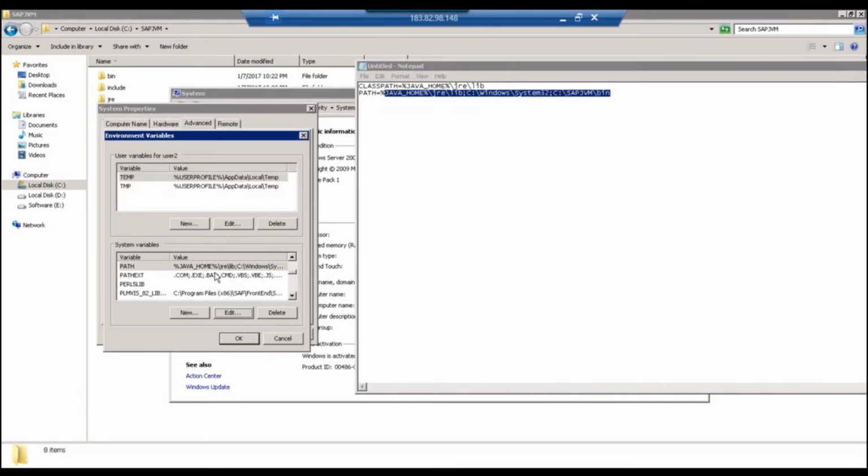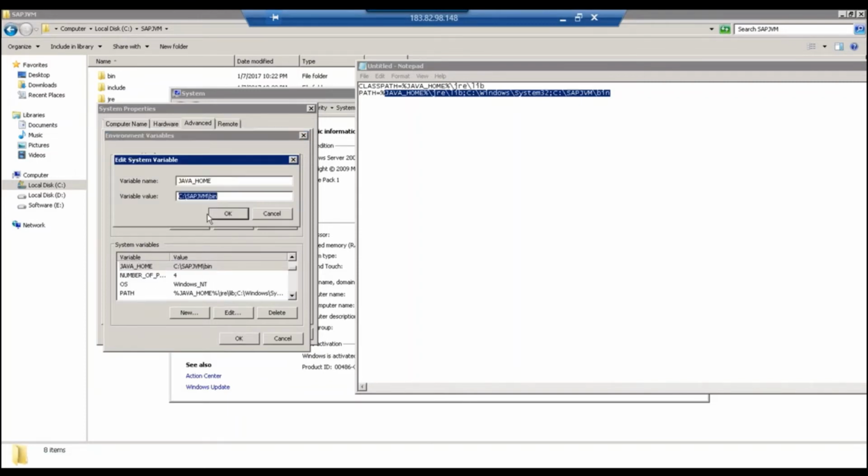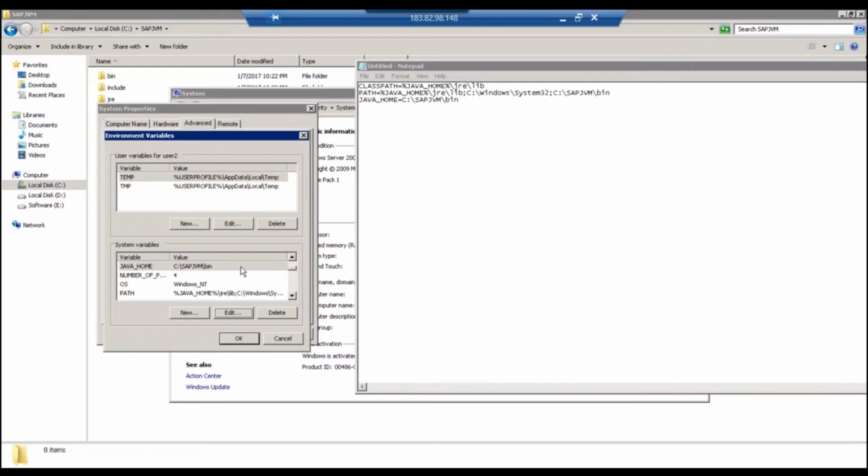After the PATH variable, you should set the next variable called JAVA_HOME. Very important: set JAVA_HOME to this new SAP JVM directory. See, I've set it to the C drive, SAP JVM bin directory. That should be your Java home folder. These are the variables which you must set properly to SAP JVM, the SAP Java version basically,